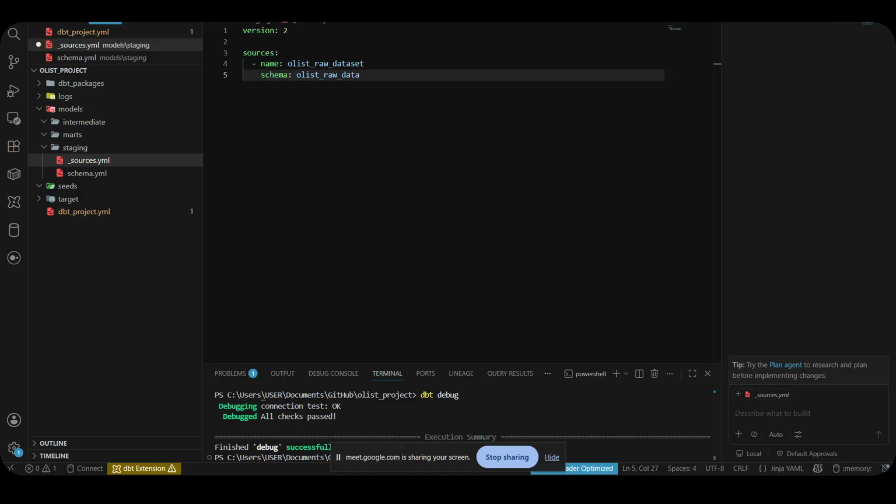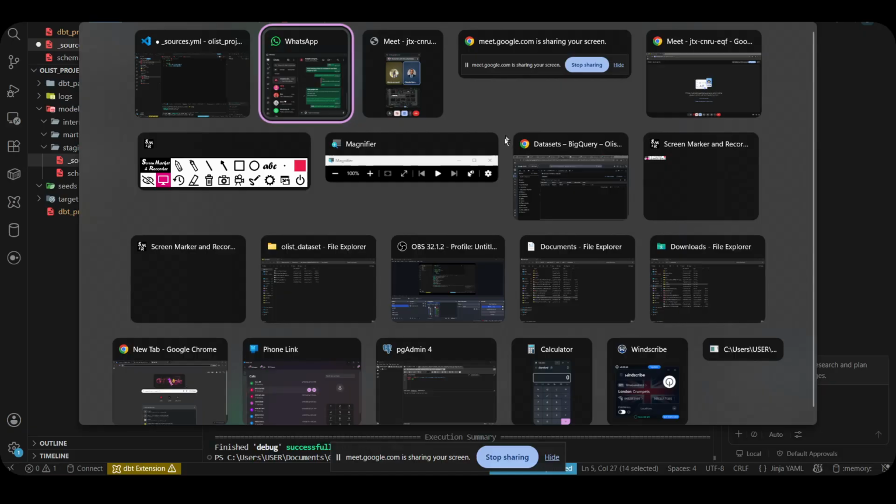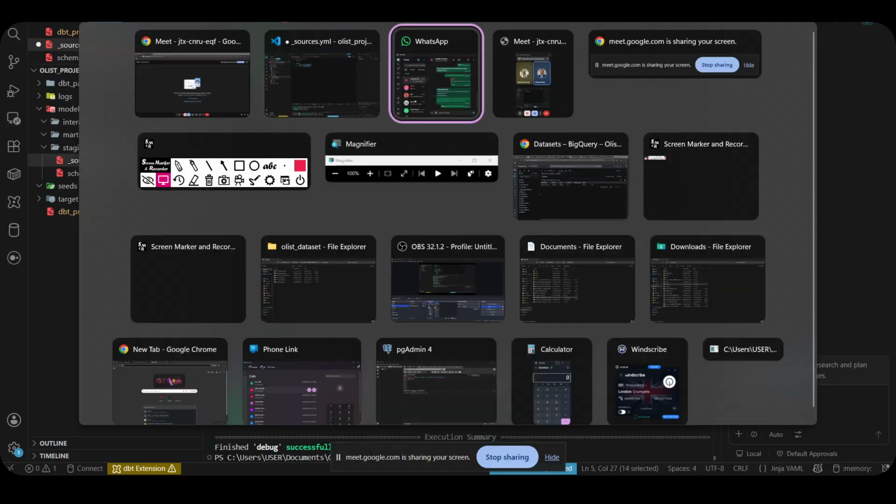Right here, Olist raw data, right? So this is the name of your source. This is the name of your BigQuery data set. Then the next in line is